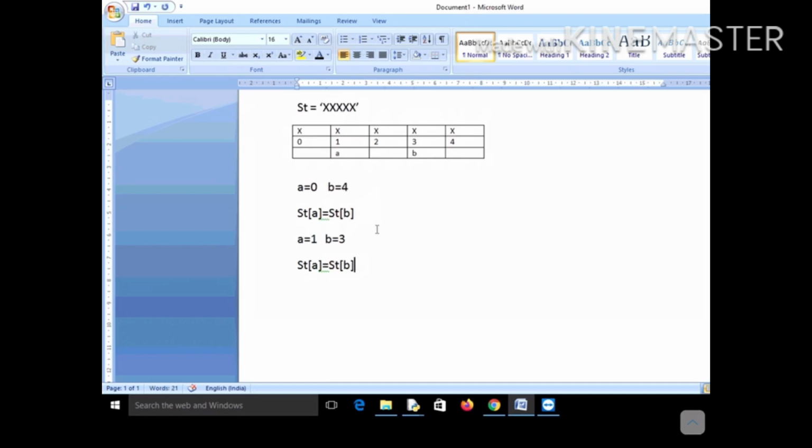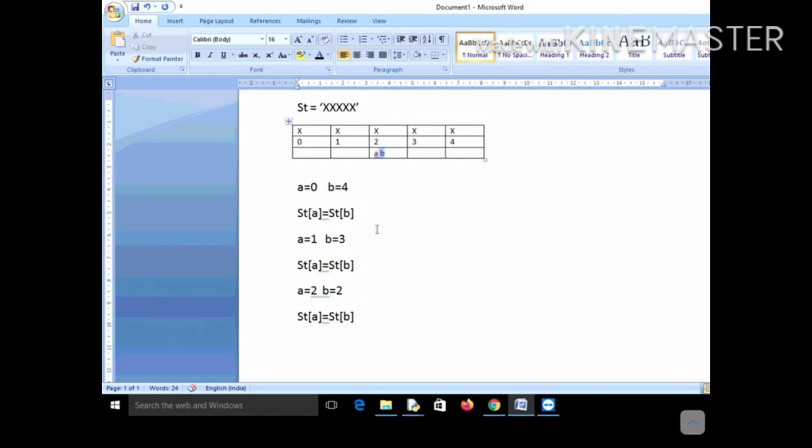Now next, the value of a will become 2 and b will become 2, and again you will check if st[a] is equal to st[b] or not. Now where will be the position of a and b? a will also be here and b will also be here. So they both will be at the same box, isn't it? So now this is your termination condition.